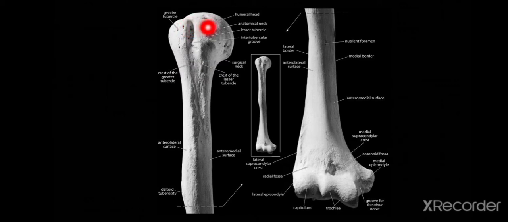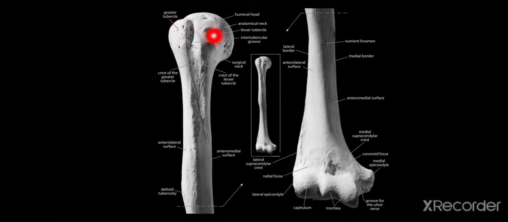And it has tubercles, a lesser tubercle and a greater tubercle. Coming to the greater tubercle, it is present anterolaterally. This is greater tubercle. On its posterior superior aspect, it has three impressions: upper impression, a middle impression and a lower impression. The upper impression gives insertion to supraspinatus muscle, and middle impression to infraspinatus muscle, and the third one, the lower impression, gives insertion to teres minor muscle. The mnemonic is SIT, SIT.